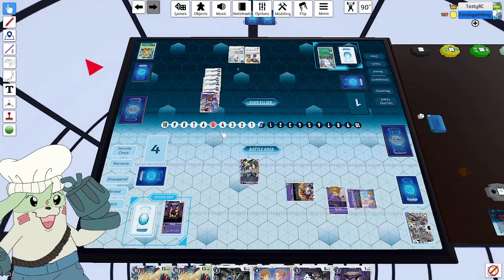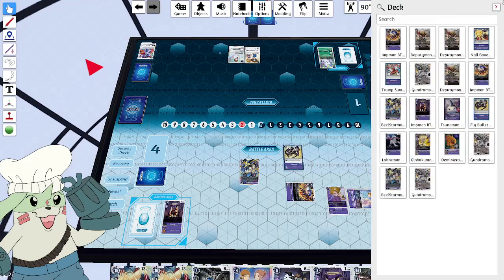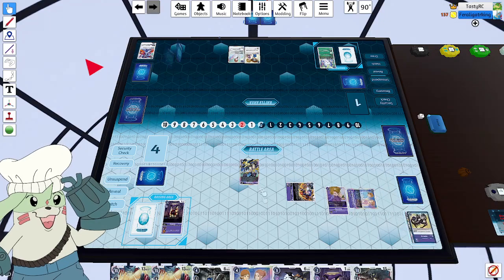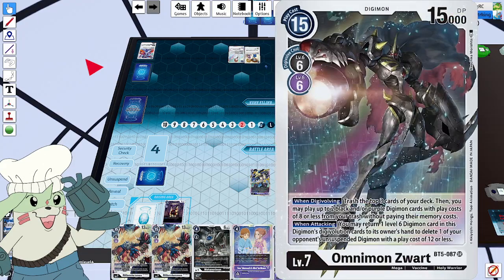Oh, lag spike for a bit there. So that is 3. That'll put us to 2. I will draw off that, and yes, my opponent already knows what's coming. We will play the Fly Bullet. Lots of options late game to answer opponent's Digimon. It's crazy. And then wow, we could go into this and...